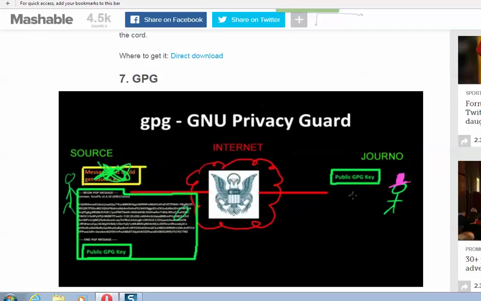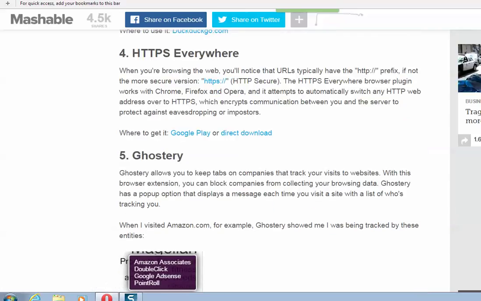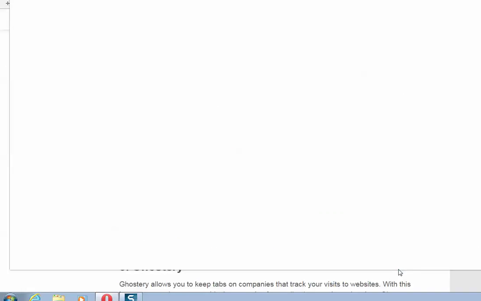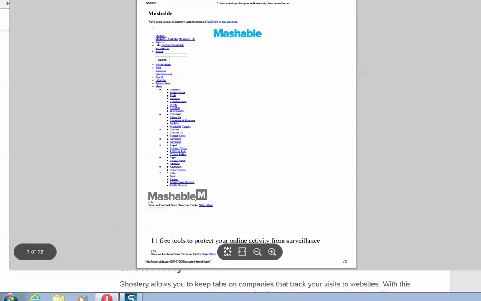You can still have problems with GPG if your certificate, if not your public key, but something paired with it called a private key, is lost, say at airport security, GCHQ in the UK. Somebody takes your laptop, gains access to it, steals your certificate, and then they also compromise the passphrase, the password that you use to secure that certificate. Then they can read anything that was encrypted. But obviously that requires a lot more effort than simply monitoring